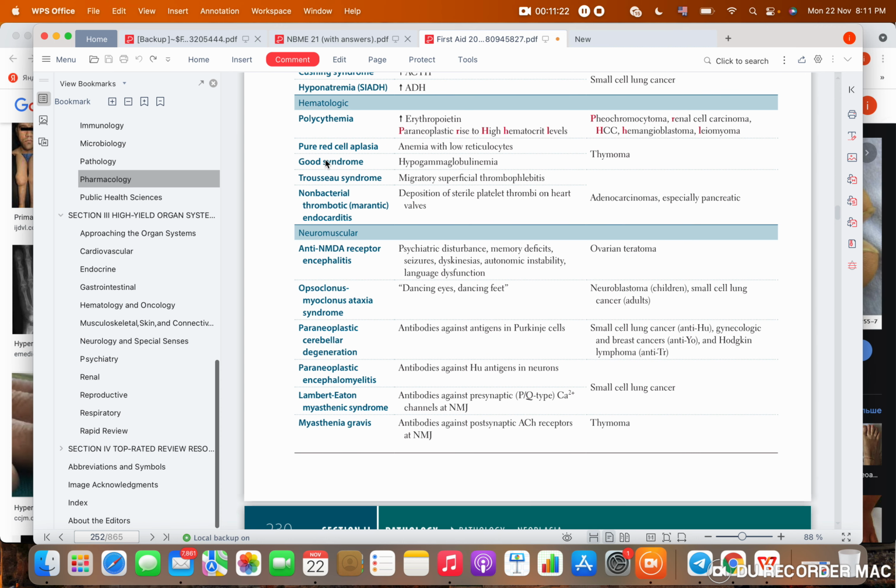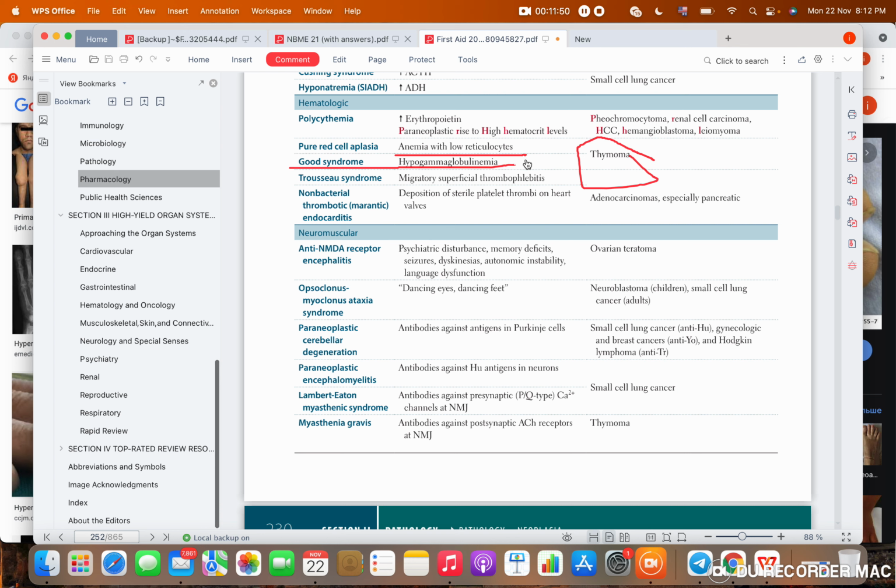Okay, the next one is pure red cell aplasia, in which the patient has a humongous reduction of his RBCs with low reticulocyte count, but all of his white blood cells and thrombocytes are normal. This can be happening due to thymoma, anemia with low reticulocyte count. Good syndrome is not that good. It can lead to